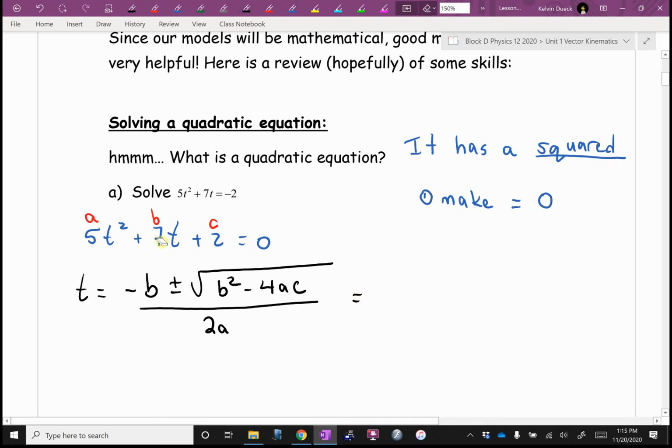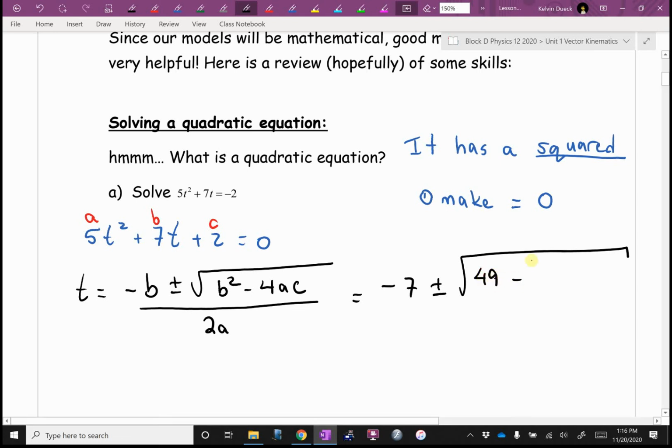Sky, what's b in this equation up here? And I'll be fussy. Positive 7. I noticed the plus sign. So positive 7. So what's negative b? Plus or minus square root of. I usually will try and do b squared in my head if it's a nice number. And I'll show you another trick that I'll often do. When I square something, I know the answer is always positive. So if I was writing this out, I wouldn't include the negative here. But anyways, 7 squared, 49,